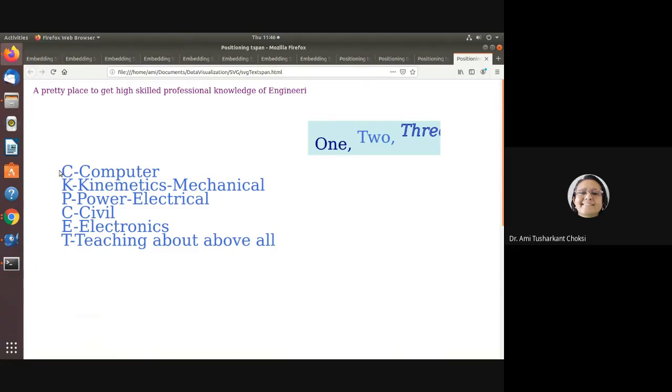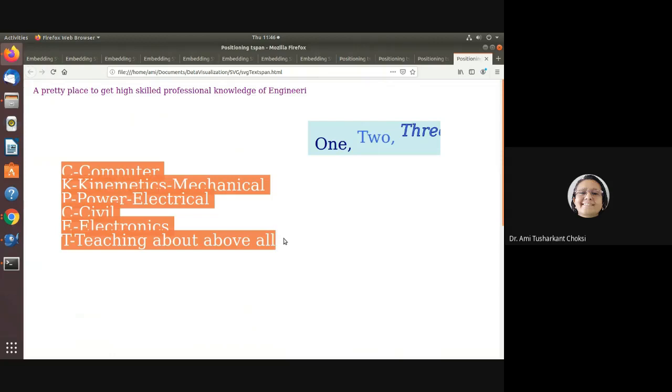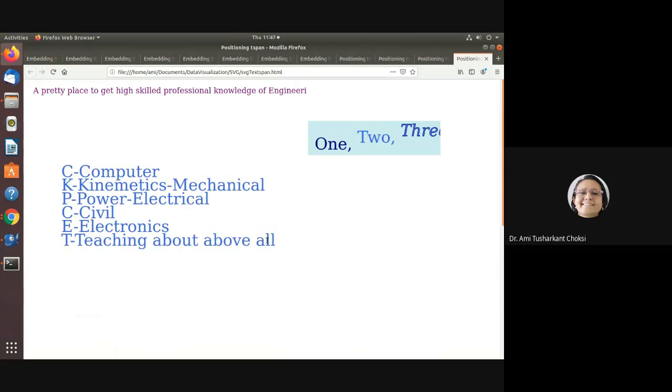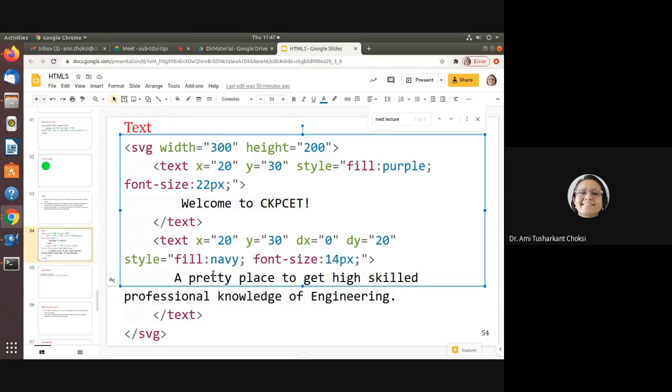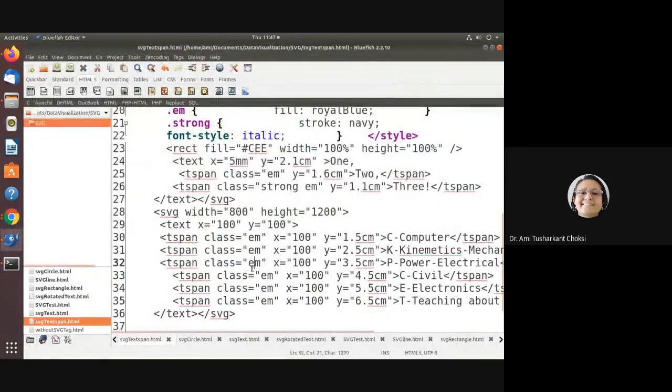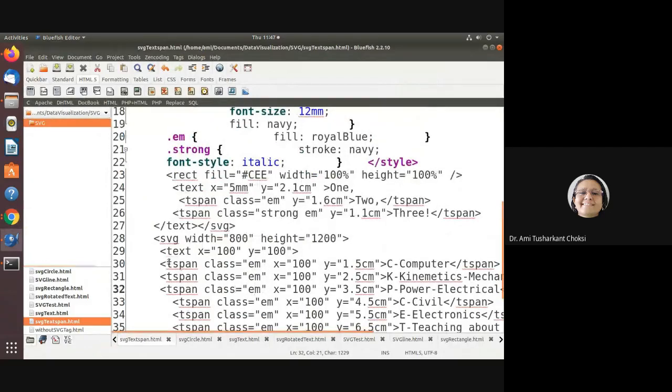We are able to see the cool definition of CKPCET. Fine. So for multi-line text, we have to consider this code, that is using tspan inside the text tag. Okay.